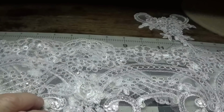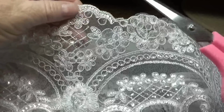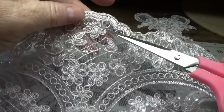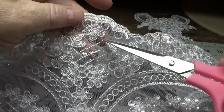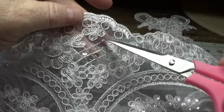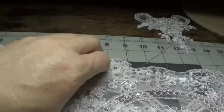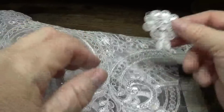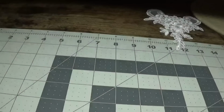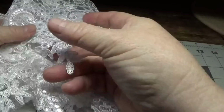And I just took my time doing that, cutting them out with my detail scissors. And I was just careful, you know, just to trim around here and not cut this part, but remove all of the little mesh netting here. So I really enjoyed that, and it's a relaxing craft too. It really is. So I'm going to set this aside,